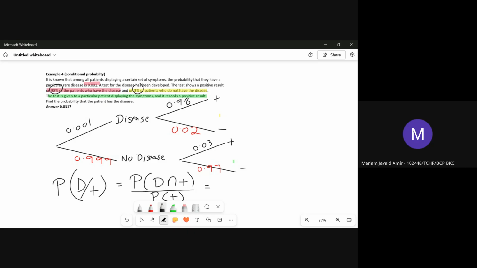Okay. So disease and positive के लिए तो हम इस branch को follow करेंगे. Disease है और positive result है. So we'll multiply these two. 0.001 into 0.98 divided by